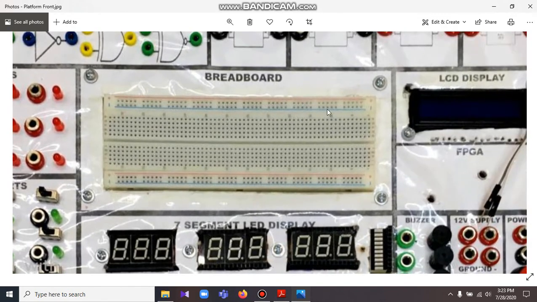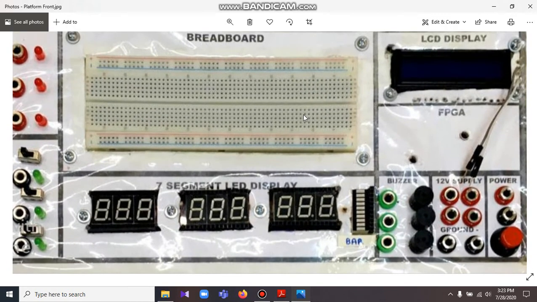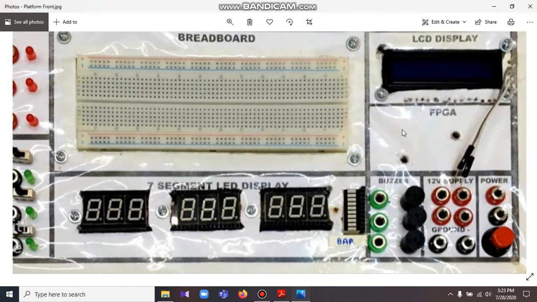On the board below the breadboard, we included a 3 by 3 7 segment display to display any digital data that the user wants to test. And apart from that, we included 3 buzzers right here, an LED bar, 2 ground ports, and 4 12 volt supply, and input main power, which will work on the 5 volt DC supply, which will be converted into 12 volt using a module for this 12 volt supply.